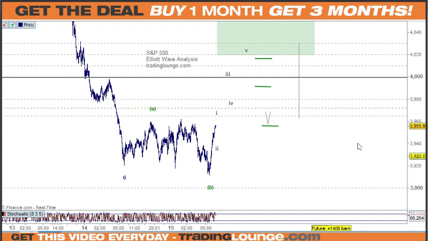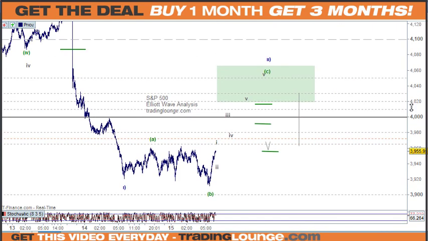So the other thing that I wanted to point out too is that this move up here is going to be 5 waves, right? So once you build in here, you also need to understand that when we come down here again, coming into these lows here, we will need to look at this also being wave 1 here and wave 2 over here as well. So there's going to be another counter trend rally coming in here. So shorting down here is not such a good idea in the initial stages. You need to let it mature.